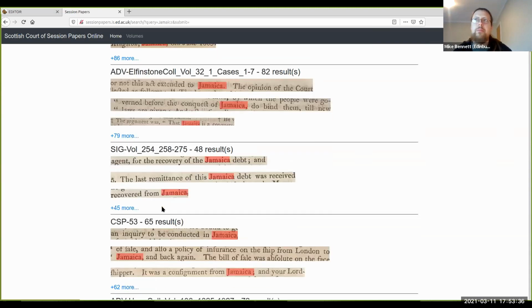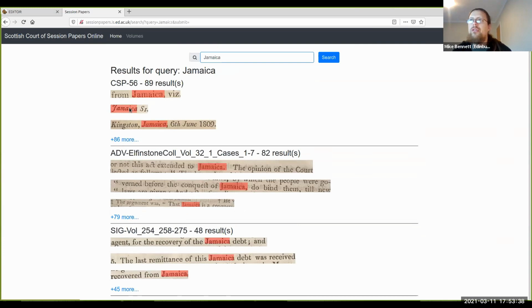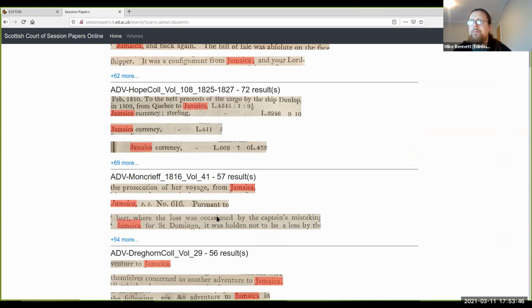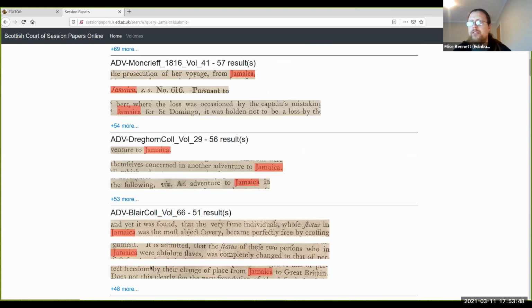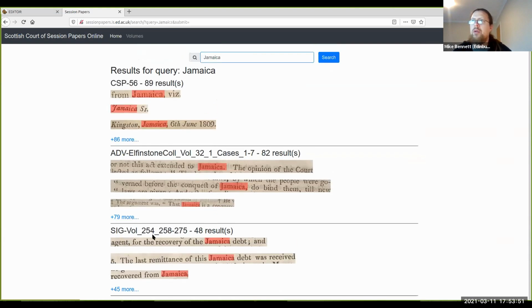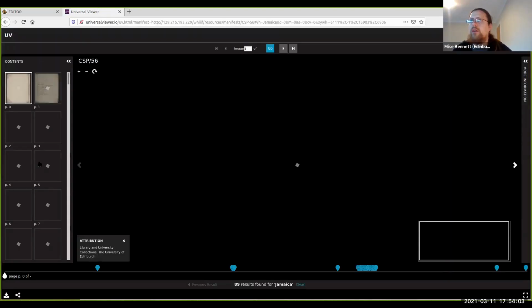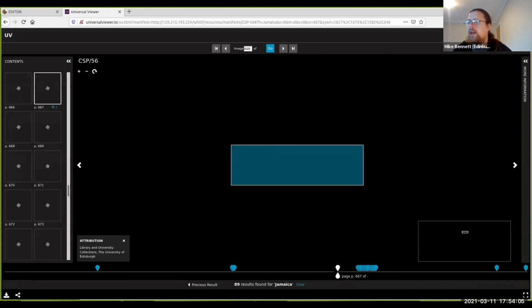You can customize it in this interface, so you can control the size of these snippets. Instead of just showing a few words either side of the match, you could, using a setting in the software, tell it you want to see 2 lines either side of the match to deliver it in context. Or you can go through into the full IIIF viewer, with deep zoom browsing through the pages,